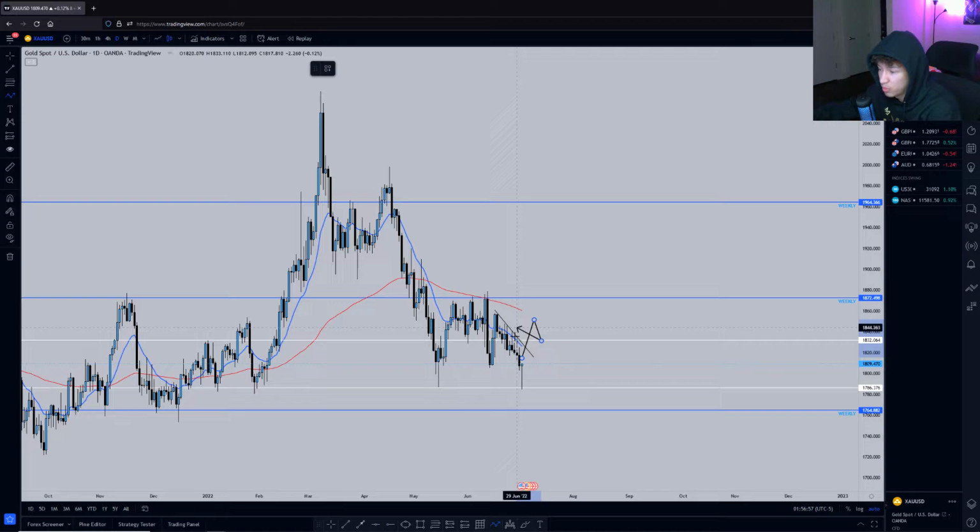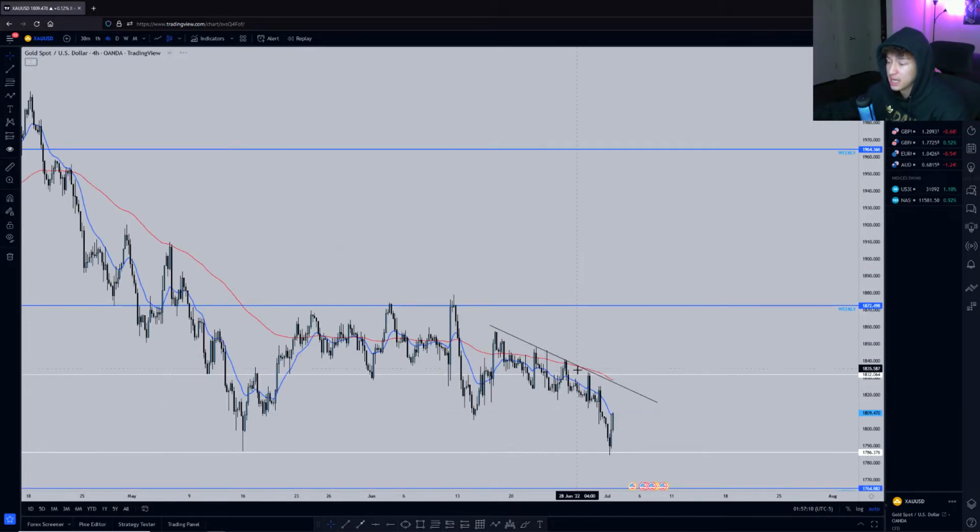I want to see price break up above this general point, give me some sort of a nice retest, and a daily close above this general area for me to continue to buy back up into this weekly level. If we maintain below this trend line and we get some sort of a retest, I'm going to be looking for sells,